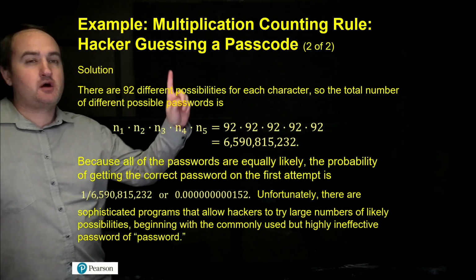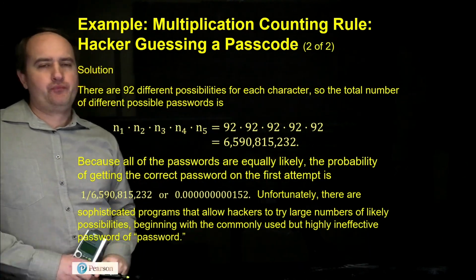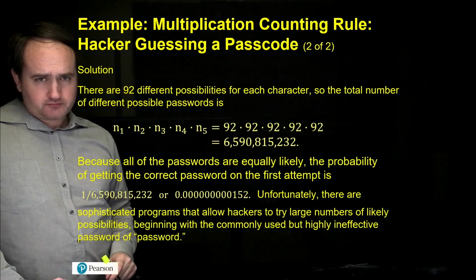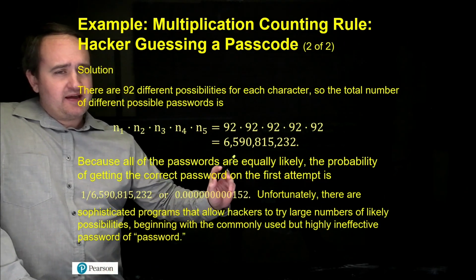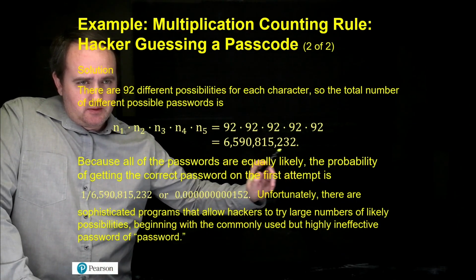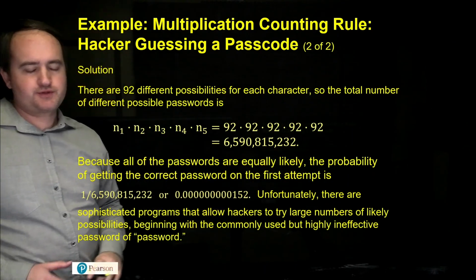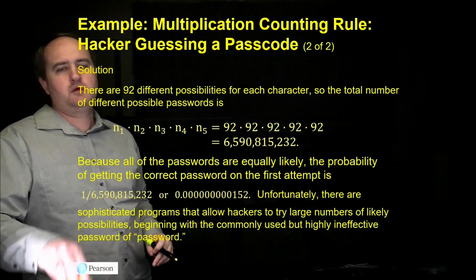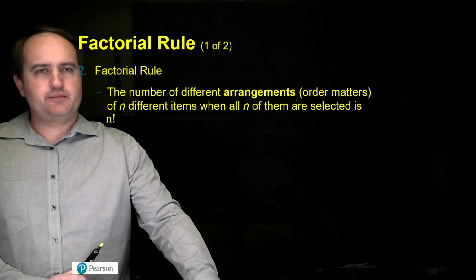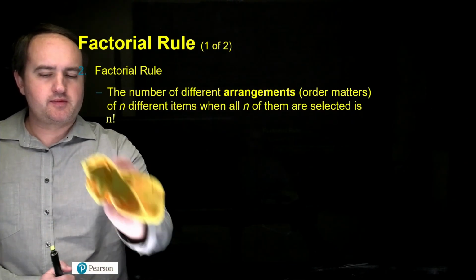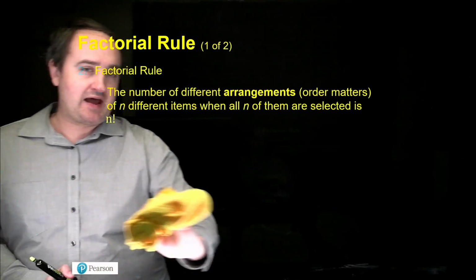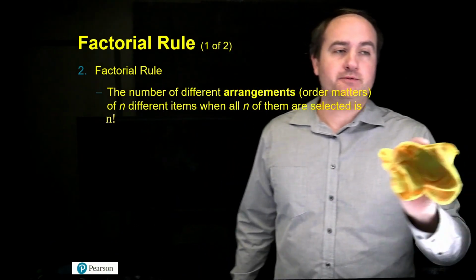Okay, so that is called the multiplication counting rule, and so when we count the number of possibilities, that is rather large. All right. So the next rule that we're going to learn about, remember we're learning a total of 5 different ways of counting today,